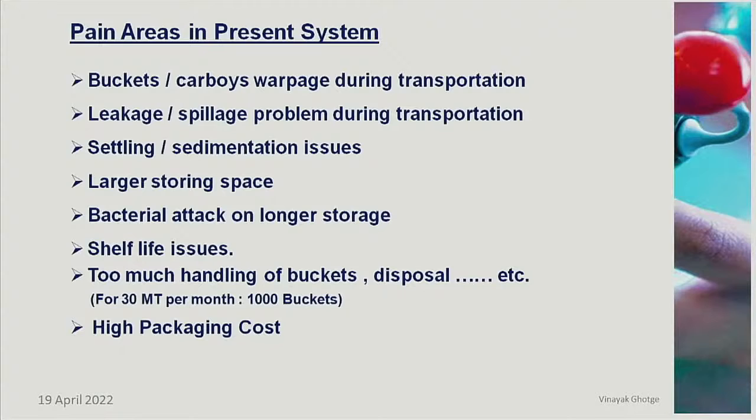And such coatings are normally supplied in 30 to 40 kg plastic carboys or buckets. What are the pain areas in present system? The buckets and carboys warpage during transportation, leakage, spillage problems during transportation, settling sedimentation issues, perennial problem, large storing space